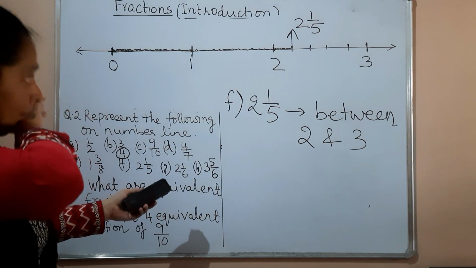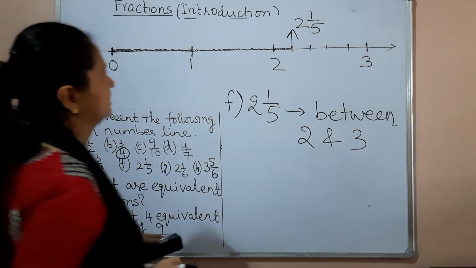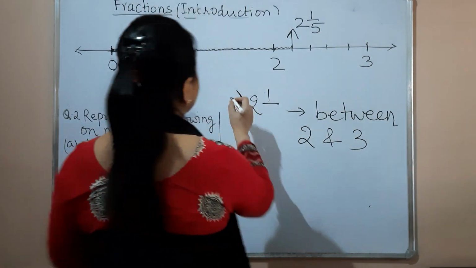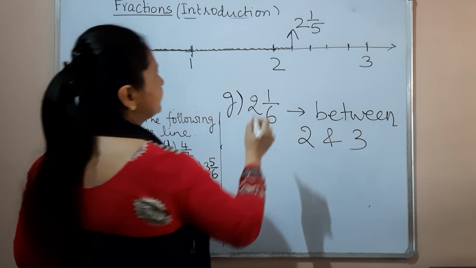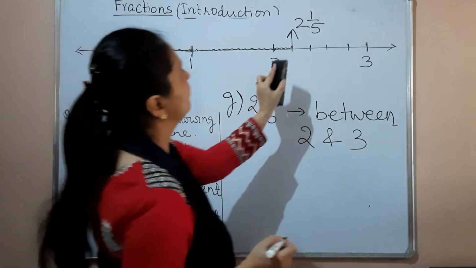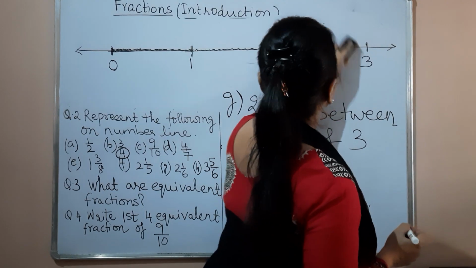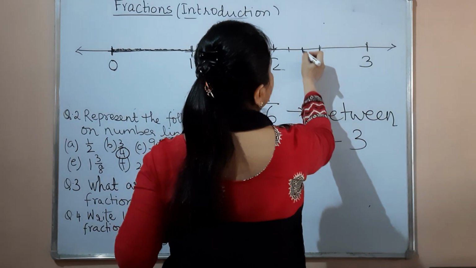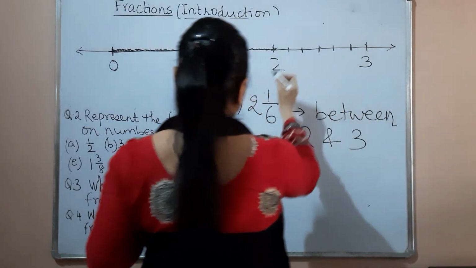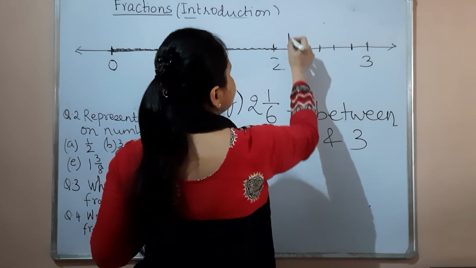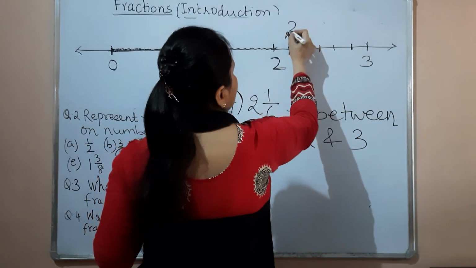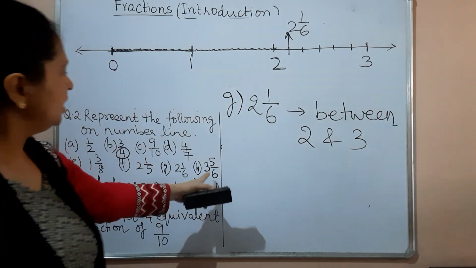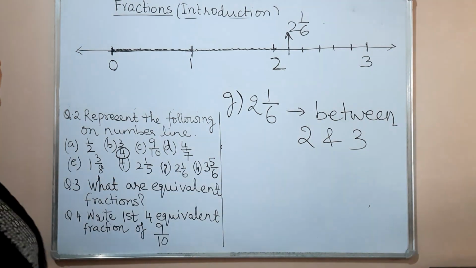Now 2 whole 1/6. Now suppose we have 2 whole 1/6, then we have G, 2 whole 1/6. It means instead of 5 pieces we will have to convert it into 6 pieces, right? So we have 6 pieces, half, and in each one 3 parts more, so 2 whole 1/6 is this. 2 whole 1/6, right? And if we want 3 whole 5/6, it means